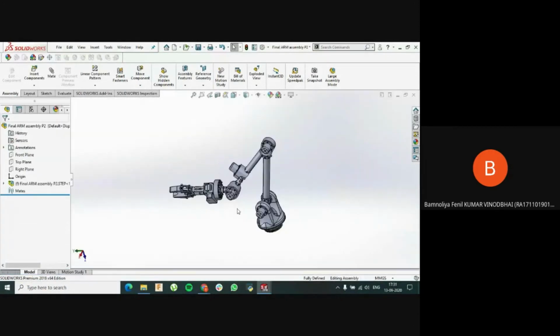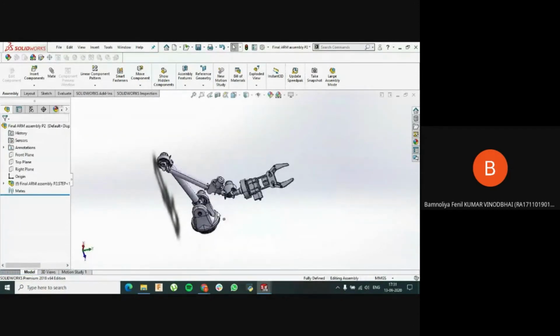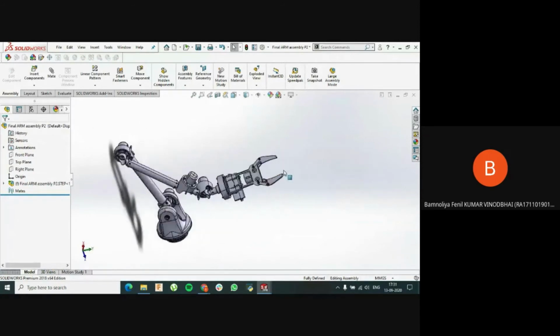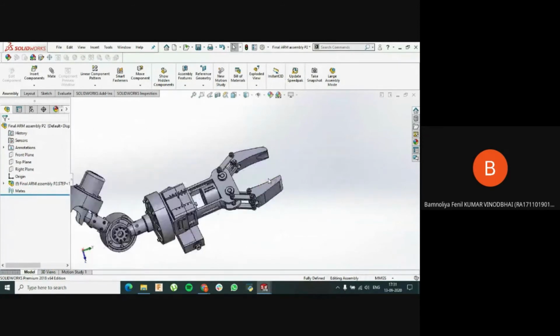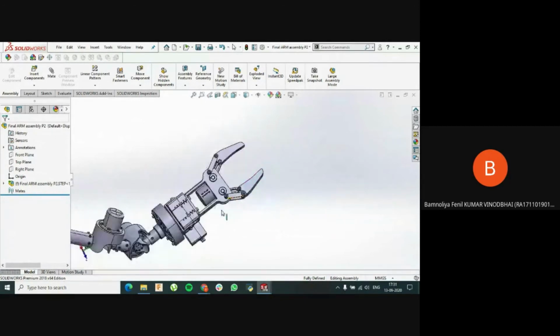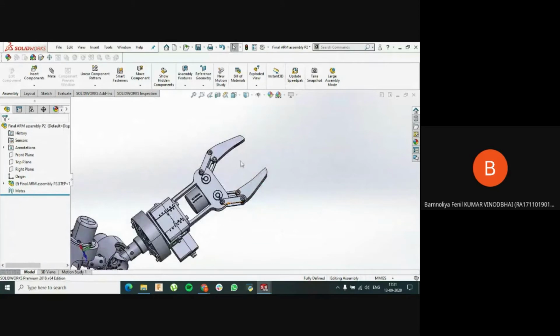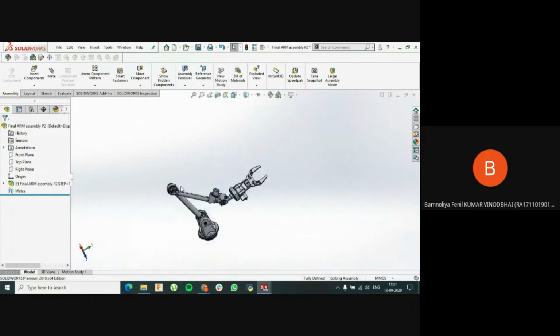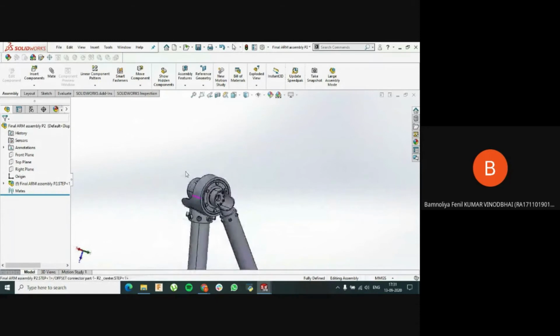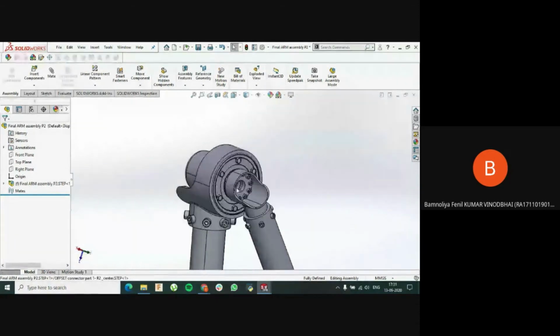Yeah. So basically, this is the final assembly of the arm. I'm going to tell about the gripper. There is one part which is left to assemble. Due to time constraints, I am going to tell about only one aspect of the assembly, the basics of the assembly, which will include all these parts. And this part that Hemangi made is used here as a motor mount, as you can see.